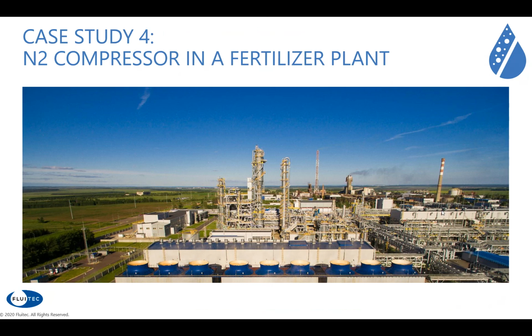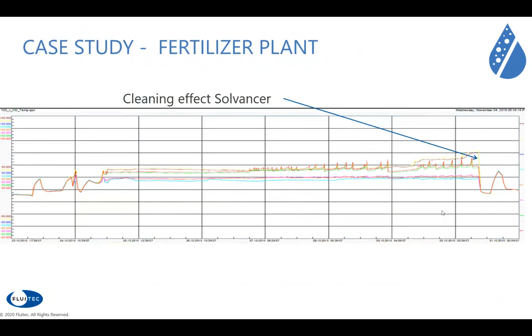Case 4 is a nitrogen compressor in a fertilizer plant. At this point the customer started up with a new oil. The system was not really flushed 100%. And you can see within 6 days, we already had a high amount of spikes. We added a solvency improver to bring it back, but more important, what we found out, the root cause